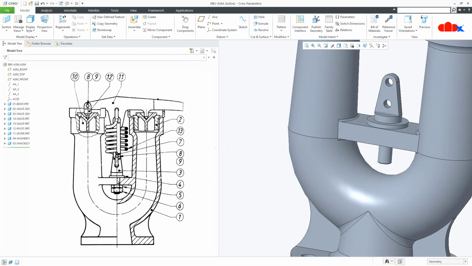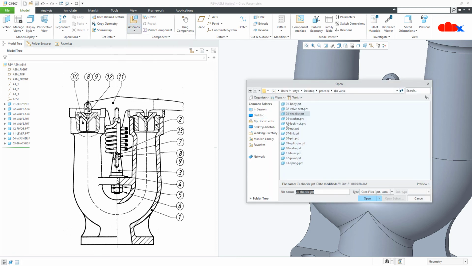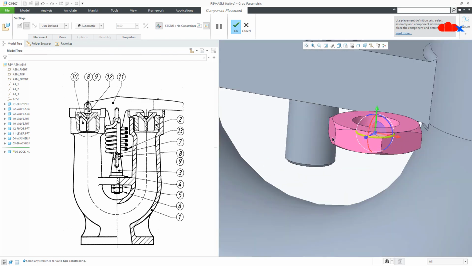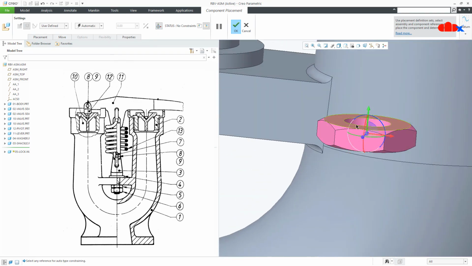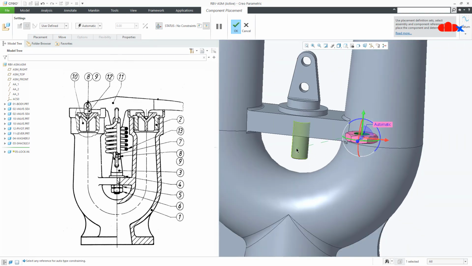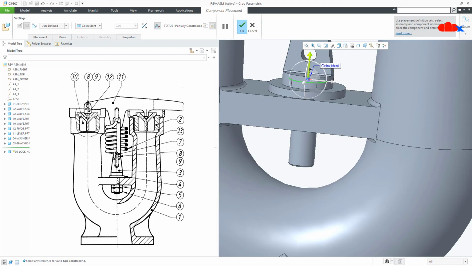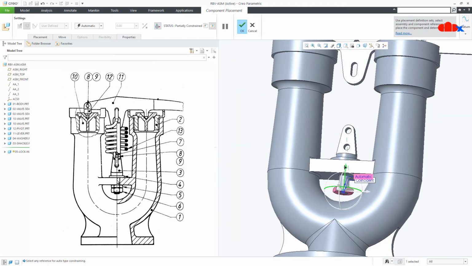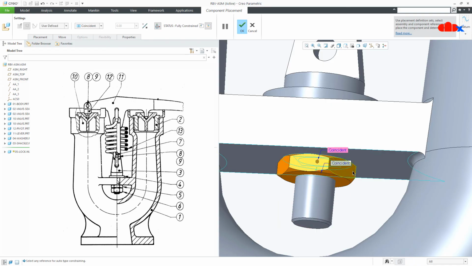Now I'll assemble these two nuts. So go to assemble, part number 5, which is lock nut. So first you select this face with this face, move it down, then this face to this face.